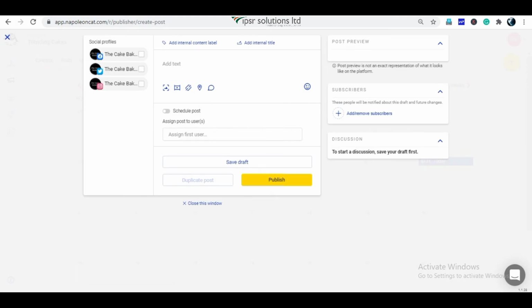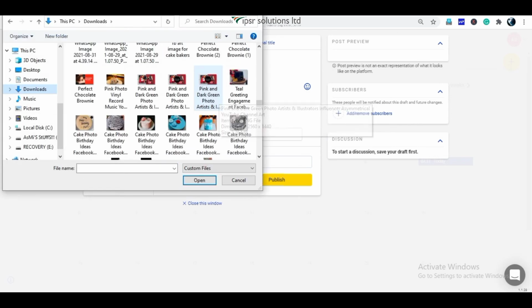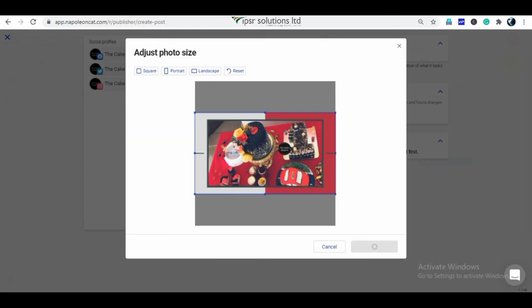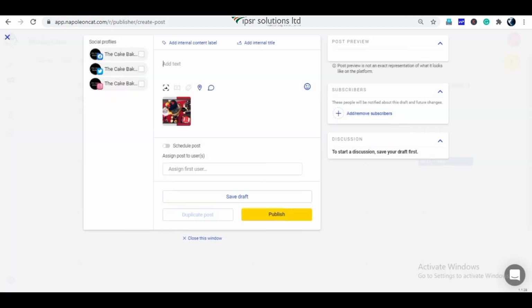We can see the options to set our post. We can add images, videos, links, locations and a first comment. Now we can select an image for publishing. Type the text for the post.